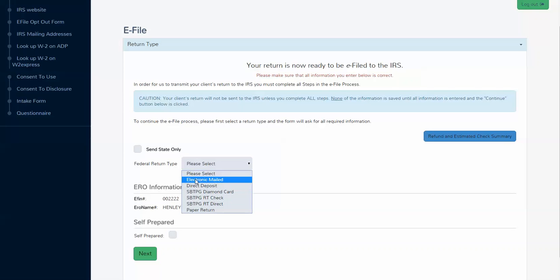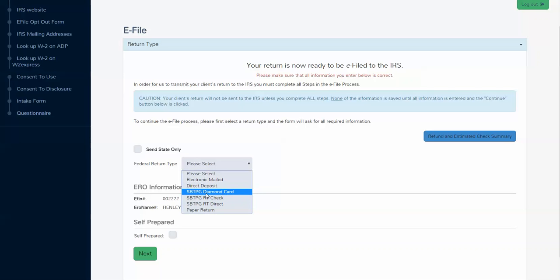Sorry, electronic mail is if they're receiving a check directly from the IRS. You're e-filing the return. You need to take your money up front. Direct deposit would be they're getting their money direct deposited by the IRS, but it's a regular e-file. Again, this would be a cash, check, or credit card transaction. Very difficult having to get money from the person up front, as opposed to using one of these three options: